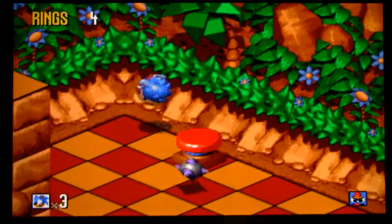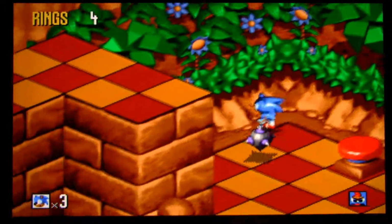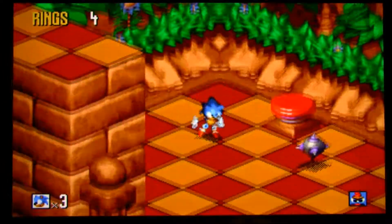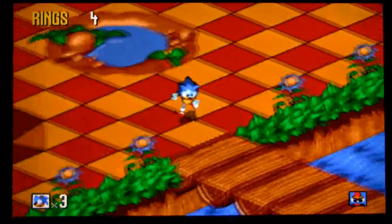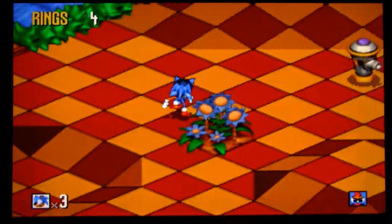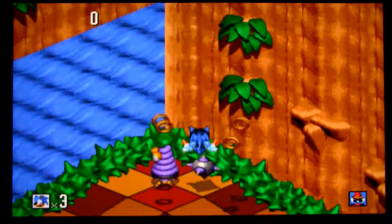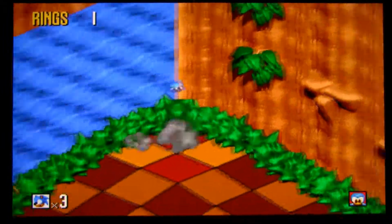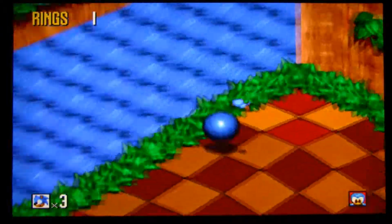At the time though, like I said, I thought this game was the bee's knees. This is the last Sonic game I think to come out on the Sega Genesis that I remember anyway. There you are. It looks like purple or blue. I don't know, I'm colorblind. I can't always pick up on the reds. All I know, it's shaped like